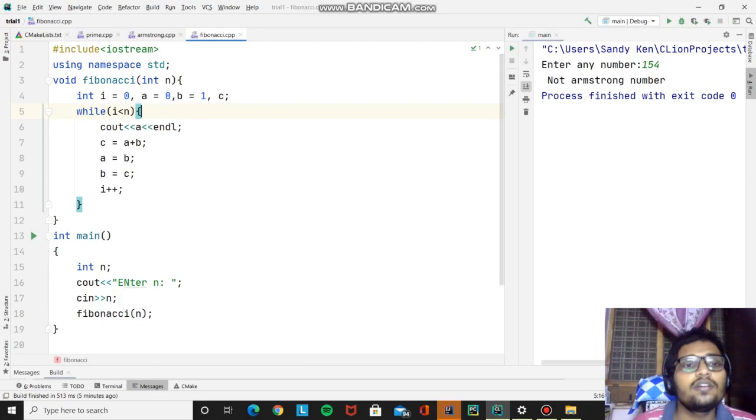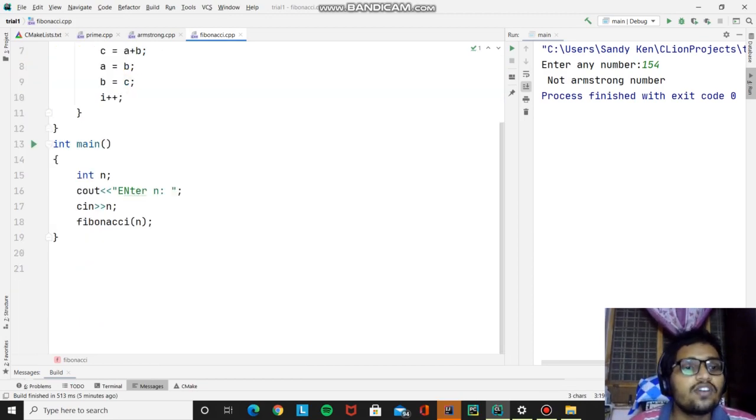So the next program in our experiment 2 is the Fibonacci series, printing the Fibonacci series using the functions concept. We have a void function that doesn't return anything. That's why the return type was called void here. And the function name, and this is the argument n of type integer. Now we'll start from the main function.